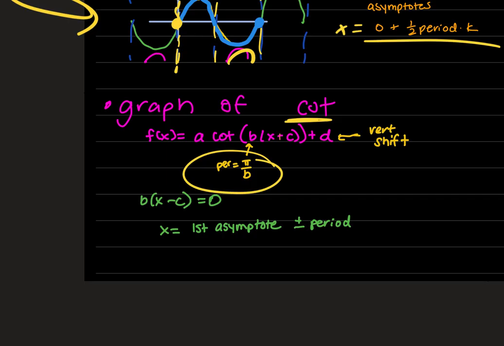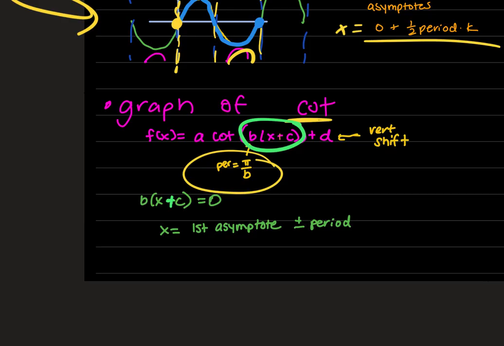Oh, this guy should be plus. I thought I changed it. Okay, that should be B parentheses X plus C. So I'm going to take whatever's inside the parentheses, set it equal to 0, and solve, and that's the first asymptote, which if I go left to right ends up being the